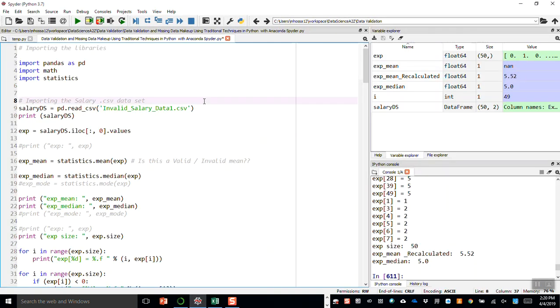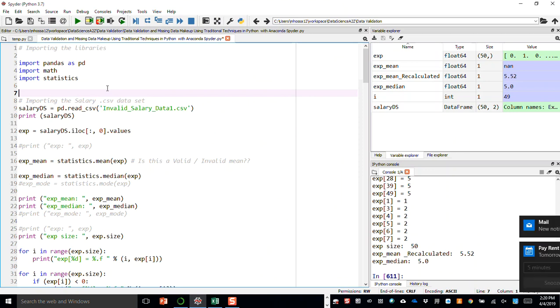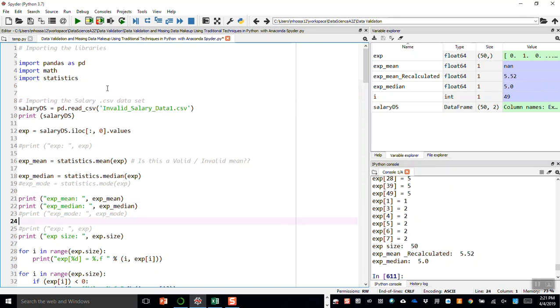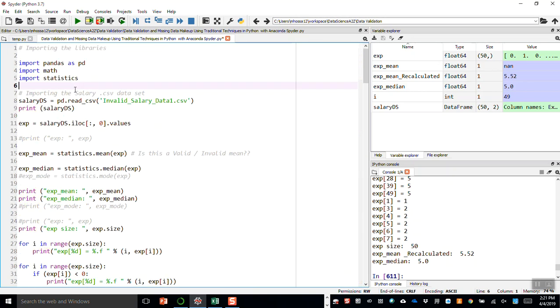In one of my previous videos, I showed how to take care of missing data in the traditional technique using programming code, and I discussed two or three different methods in that lecture video. But at the end of that lecture video, you may remember that I mentioned, for instance, this is my